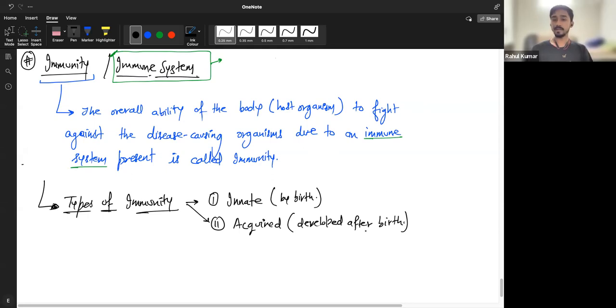Yes, we have a memory now. We know how to defeat the pathogen. So if we have done it once, we can do it over and over again. And the next time we'll do it even better because we will be prepared. We already will know what to do. When the first encounter happens, the body also spends a lot of time understanding what to do, and then we do it. But the second time the same pathogen enters, we already know what to do. So we just do it.